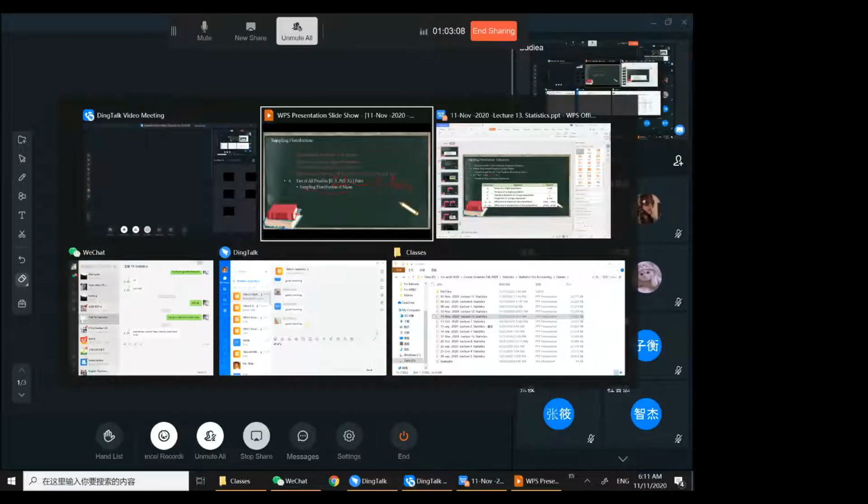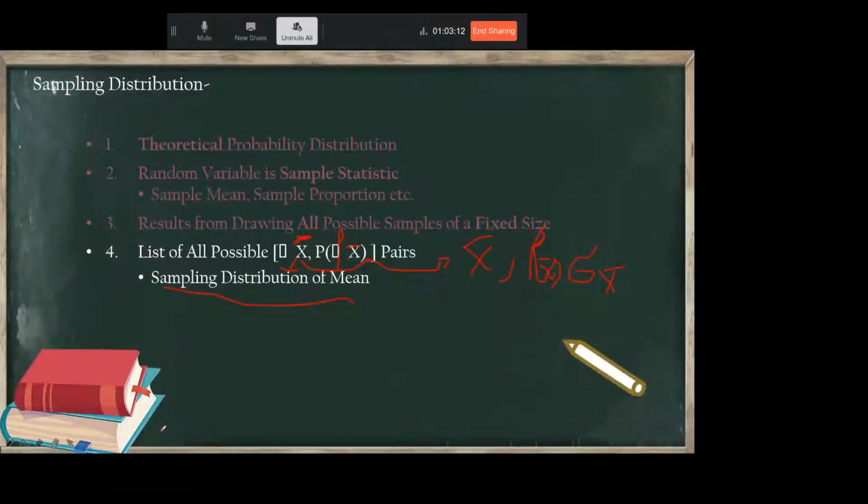Okay, so I'm going to repeat a little bit because of the recording. So now the question is, as I told you, that based on these sample mean, sample proportion, what do